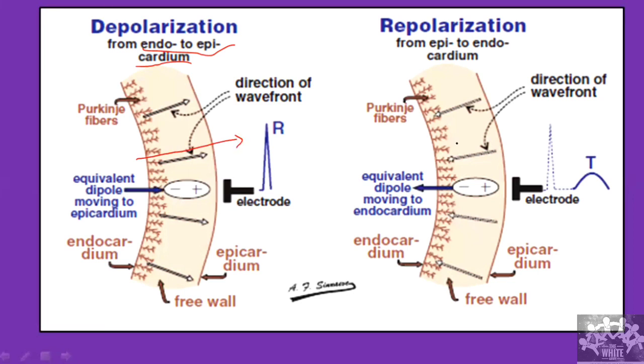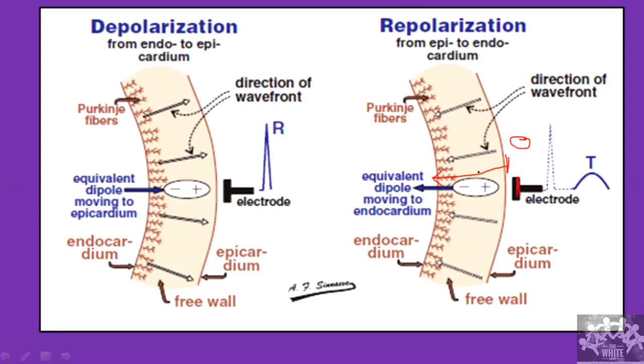But now, how is the repolarization? You read here, it is epicardium to the endocardium. So if I place a lead here, the initial impulse is going to come towards me, which is depolarization. That means it has a positive charge here. Then the repolarization is going to happen. Let me place the same electrode here because this is the surface. Then this is going to be a negative charge. Repolarization is a negative charge. Negative charge is going to go away from me.